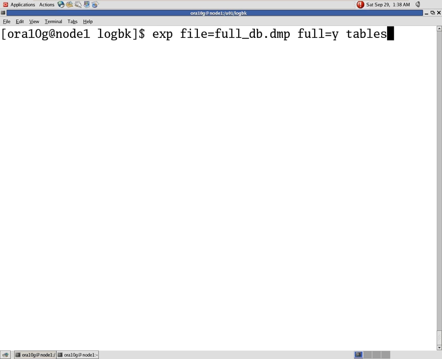I cannot give here tables equal to scott.emp. Once I am giving full, I can give any one, either full, or table, or owner, anything. Okay, so if I am giving this, see what error I am getting here.